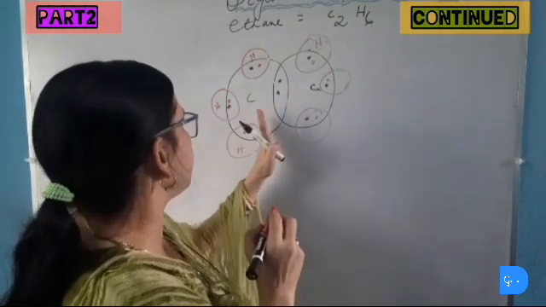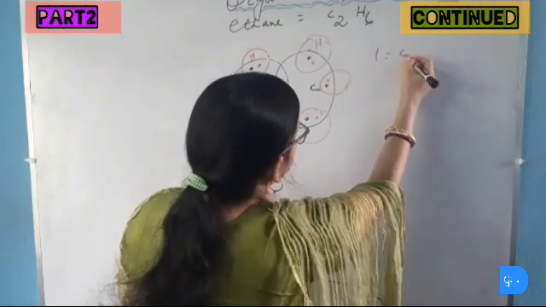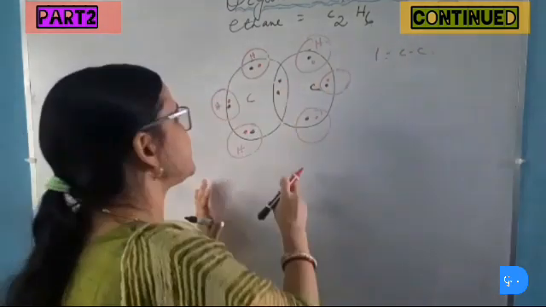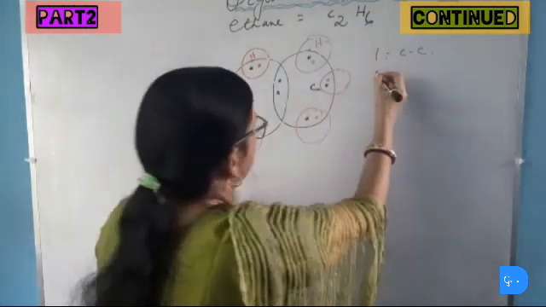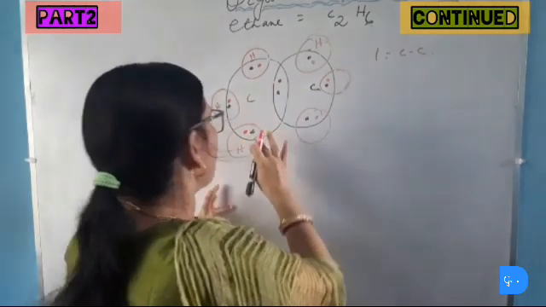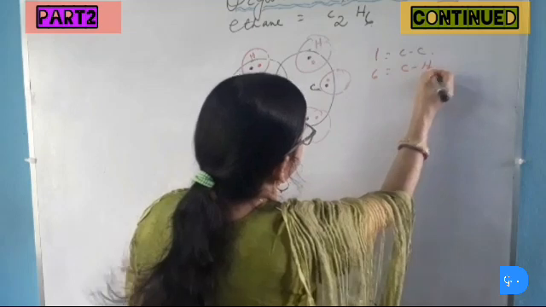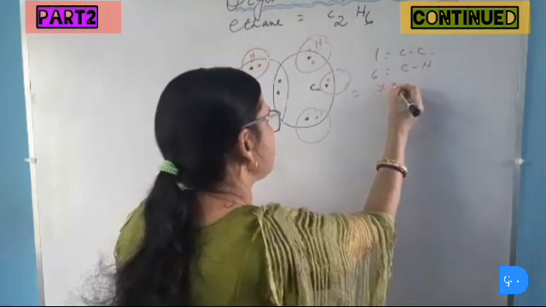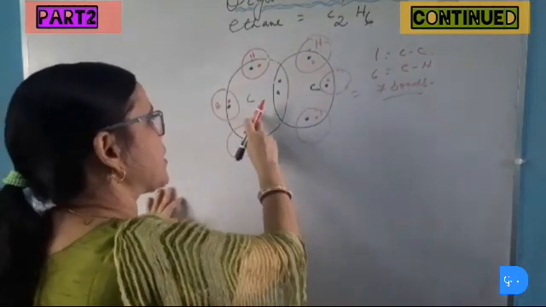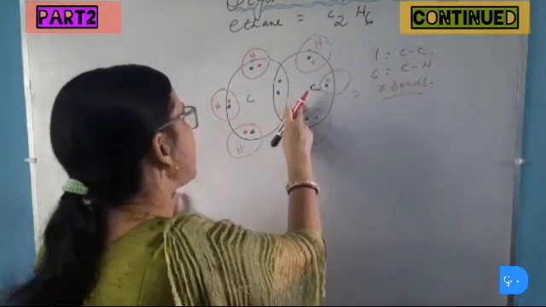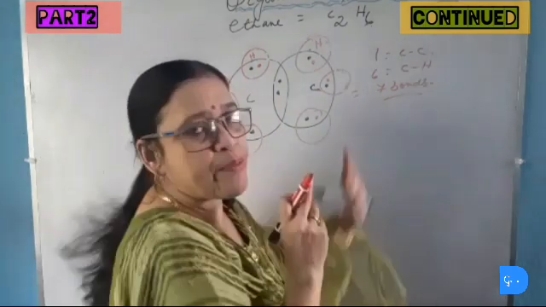Now how many bonds are present in this ethane? Carbon-carbon bond, that is 1 carbon-carbon single bond because it is ethane, and each carbon atom has 3 carbon-hydrogen single bonds. So each carbon atom has 3 hydrogen bonds, so there are 6 carbon-hydrogen bonds. So the total number of bonds is equal to 7. Thus in ethane there are 7 bonds together: 1 carbon-carbon bond, which is a single bond, and 3 plus 3, that is 6, carbon-hydrogen bonds.